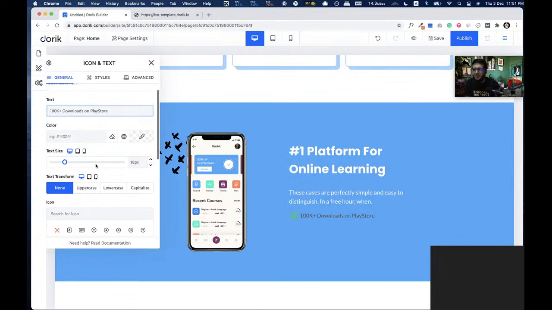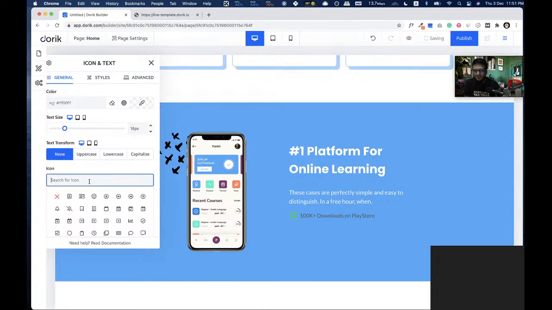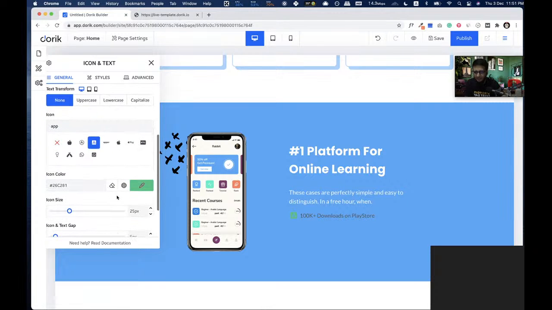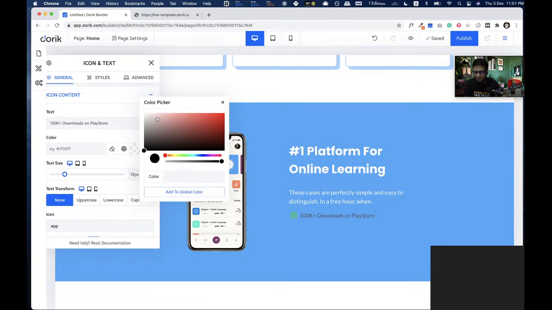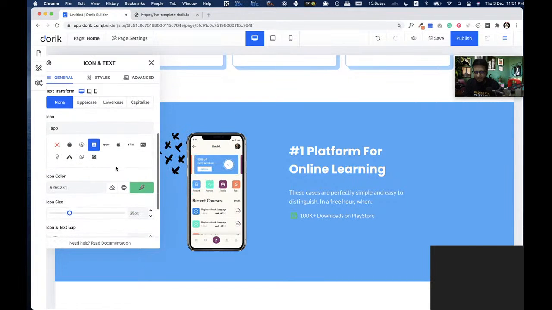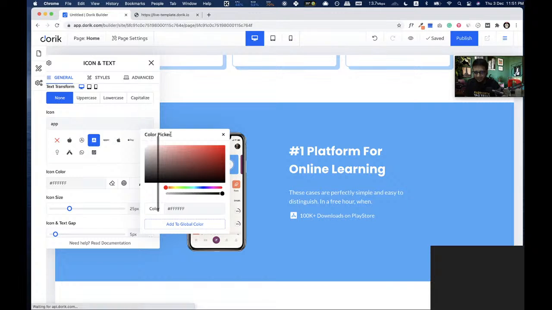We have the icon here and we are gonna select App Store. I think this one. We can change the color of this icon and text, so we change the text color to white, and we change the color of the icon to white.